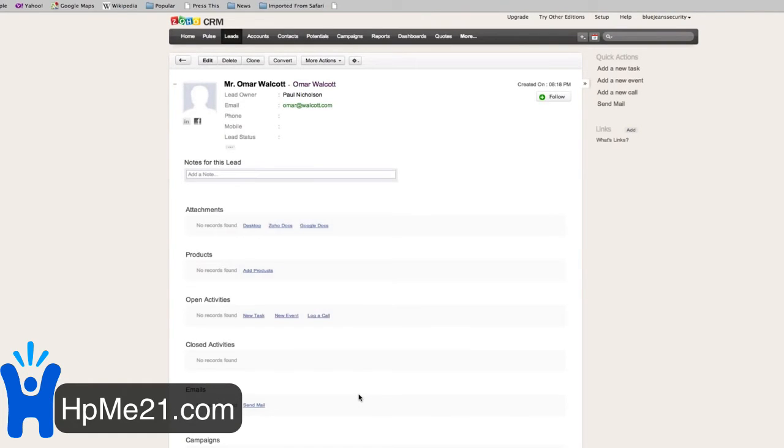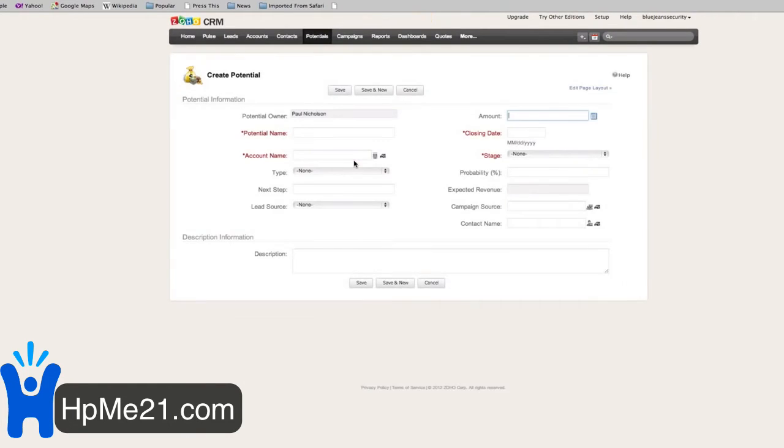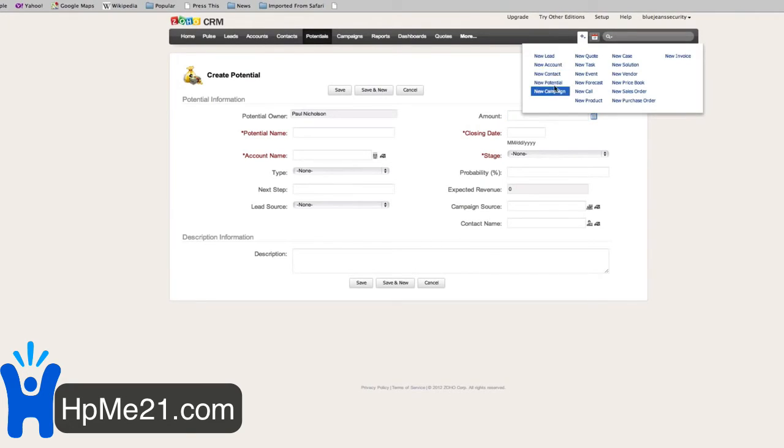So straight away we've got some information that this person's interested in something, and we've got him in our system, so we know that we've begun to track that lead, so he's in our database. Now we may already know that we've done a quote, or we have a potential, we have a customer we're speaking to that we think we're going to be able to do business with. So you can go to the top, create potential, at the top, new potential,